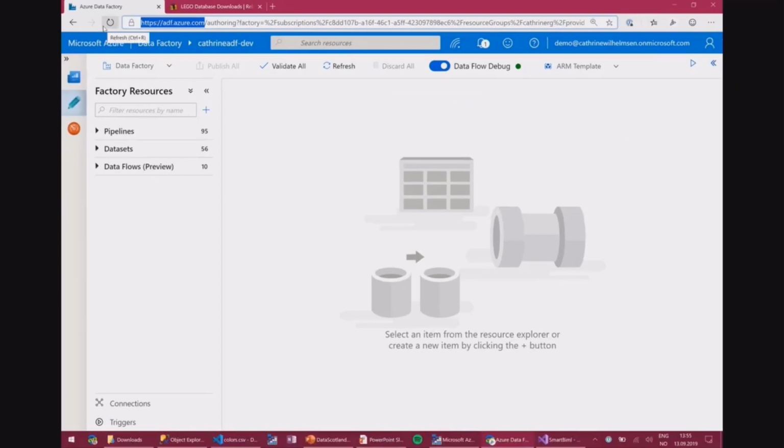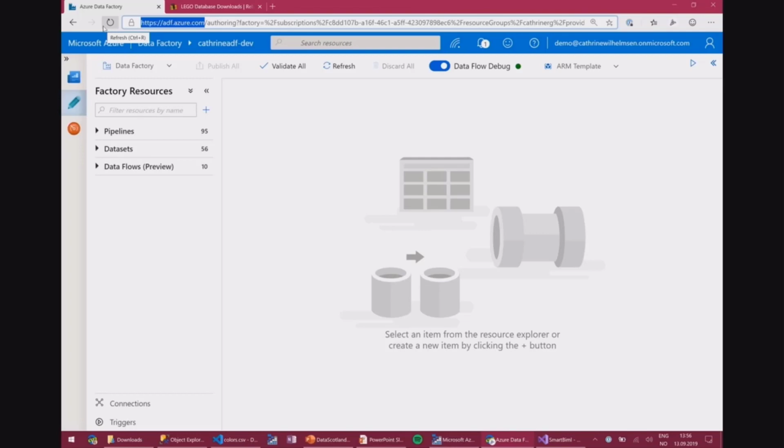Now what you see on the screen here is like the main development canvas. So this is your development tool. If you're used to working with Visual Studio as SDT, this is now your new tool in browser. And that is kind of a downside to cloud services as well. It's in your browser. So if you're not connected to the internet, you're not going to be able to get a whole lot of things done inside of this user interface.